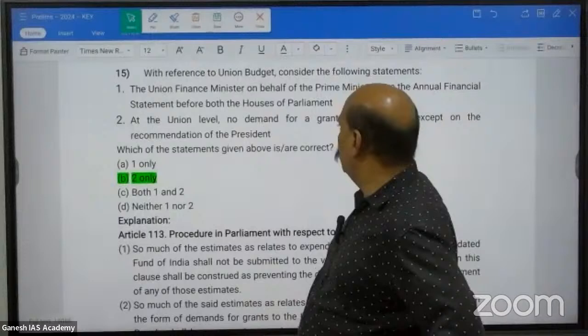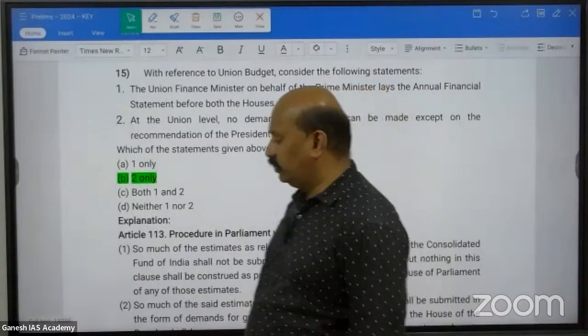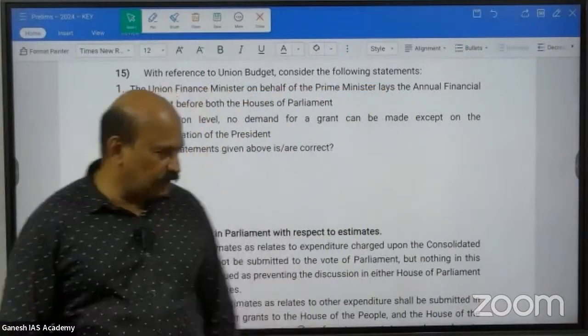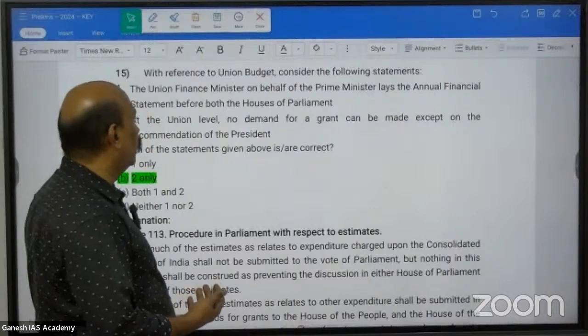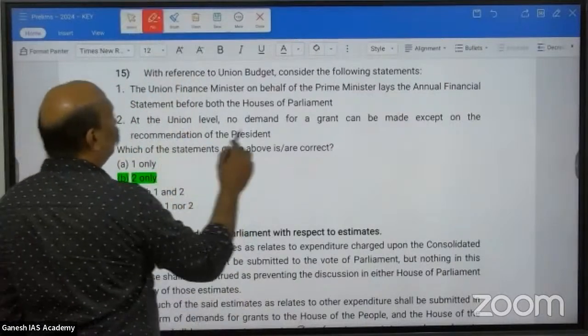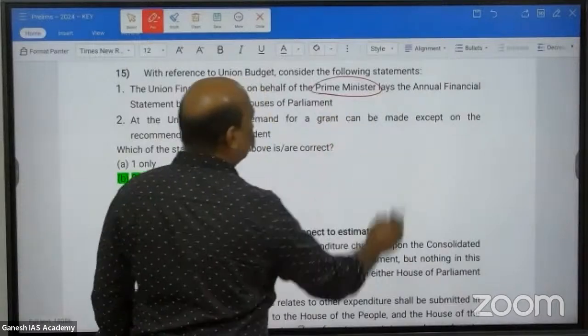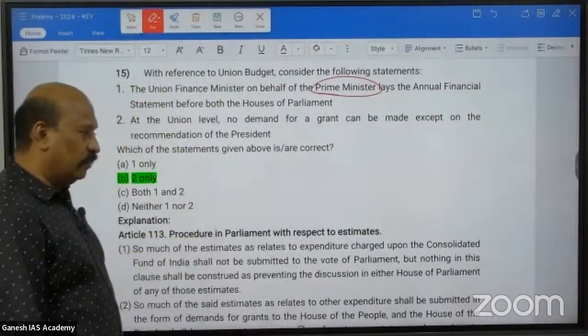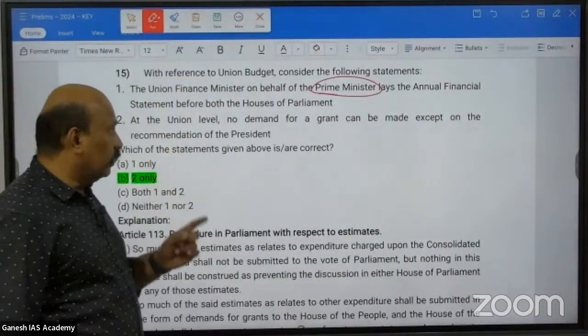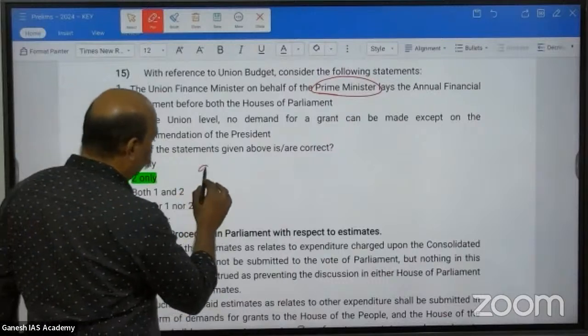With reference to the union budget, consider the following statement. The union finance minister, see, these questions are very easy to guess actually. It cannot be on behalf of the prime minister because the prime minister alone doesn't operate. It has to be on behalf of the council of ministers. And remember Article 53 of the Constitution